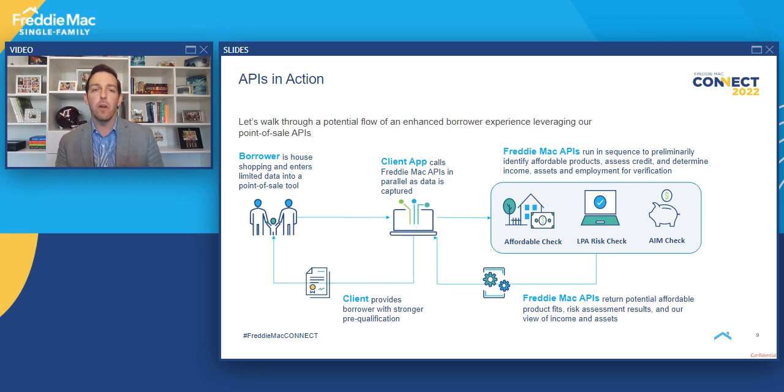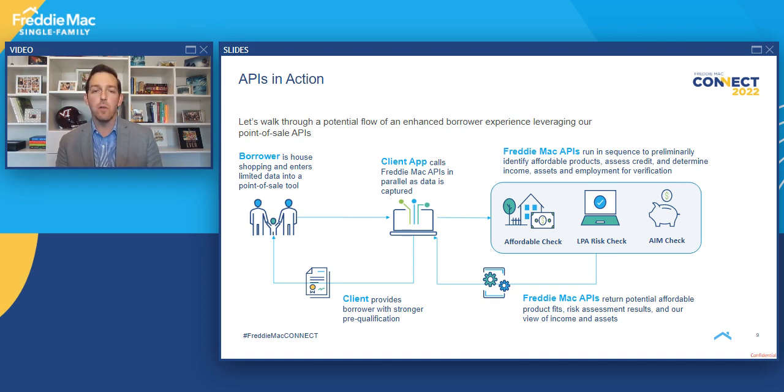So as they start entering information into the client application, this is your POS tool or an LOS tool, that system is talking behind the scenes dynamically with our Freddie Mac APIs, right? So you can run in the sequence we just talked about with first little bit of information, runs Affordable Check, and say this is a low-income borrower that qualifies for Home Possible based on that preliminary assessment. The loan officer in the same session talking to the borrower can advocate for those product benefits, incentivize the borrower to continue providing information, get that risk check and credit risk assessment, see a green there,